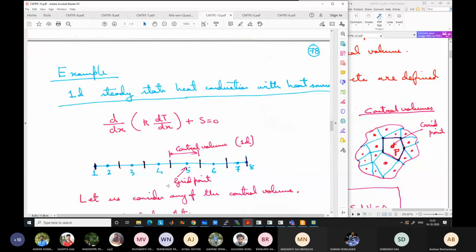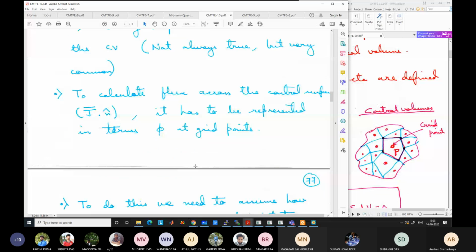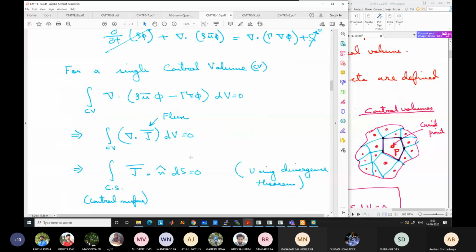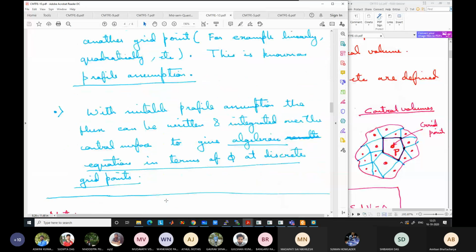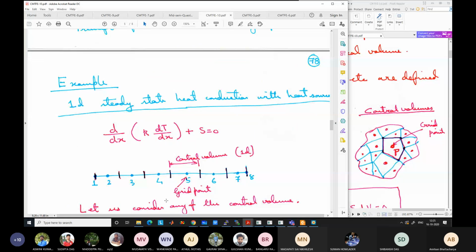Now we will take a simple example. We are taking some examples, but we are not going through it fully. We are just getting stuck at some point, just to show you some of the factors that are involved in the derivation. But now let us take a full example, to see what this profile assumption, converting the volume integral to surface integral, all these things mean.